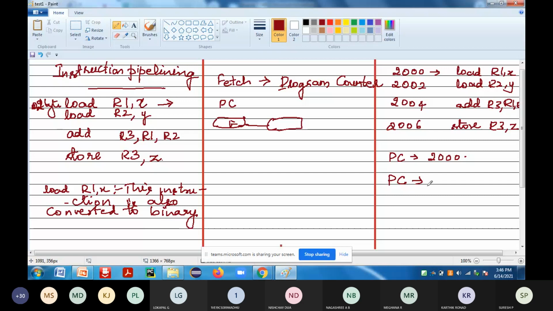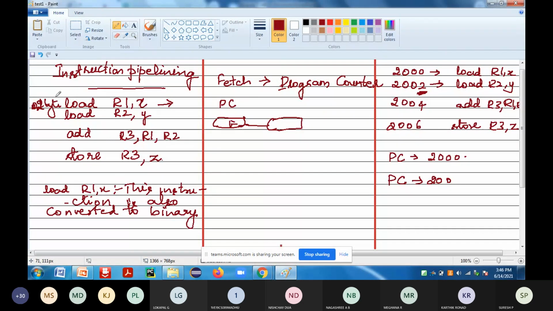Once it is fetched already, the next instruction to be executed, which address does it have to store now? Not 2000. Which is the next instruction where it is starting? It is 2002, because one instruction is going to take 2 bytes